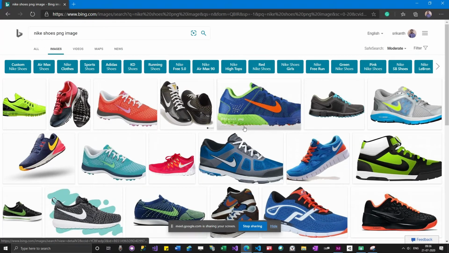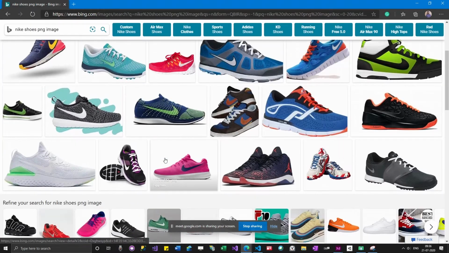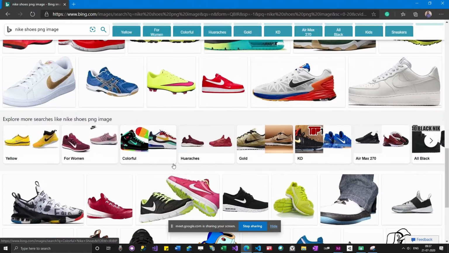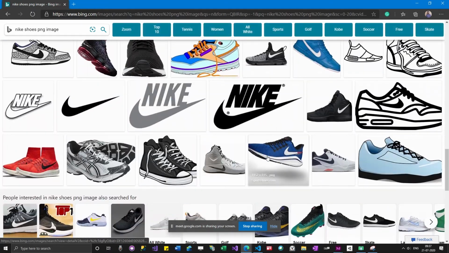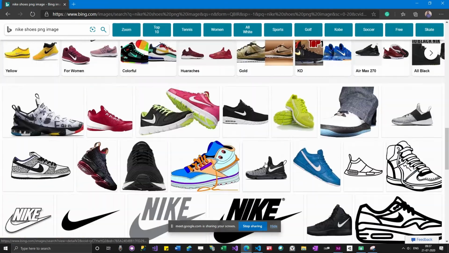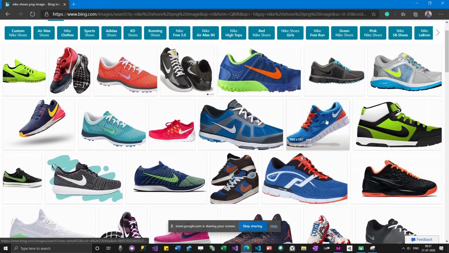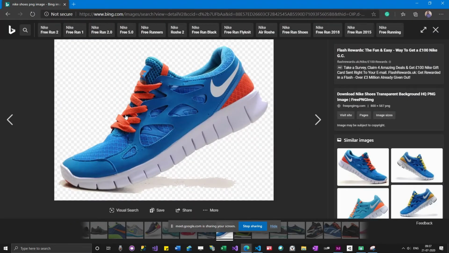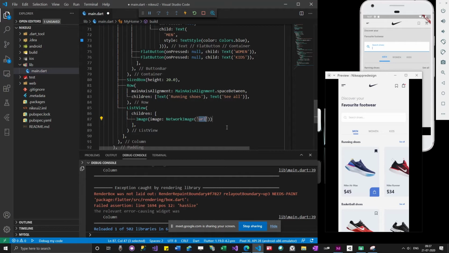So let me take some shoe. Let me pick this one, for example. Once you open this image, you need to pick a shoe which is having a transparent background. Okay. So this is having a transparent background. So I'm just going to copy the image link and I'm going to use that in my app.